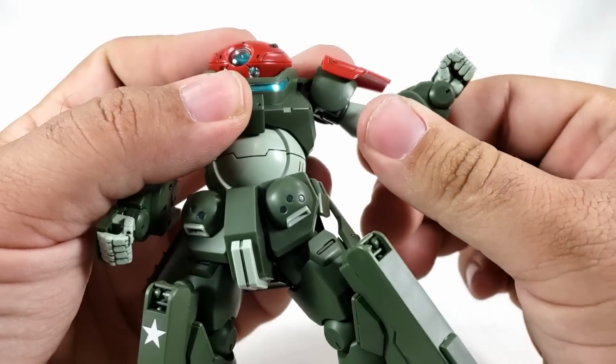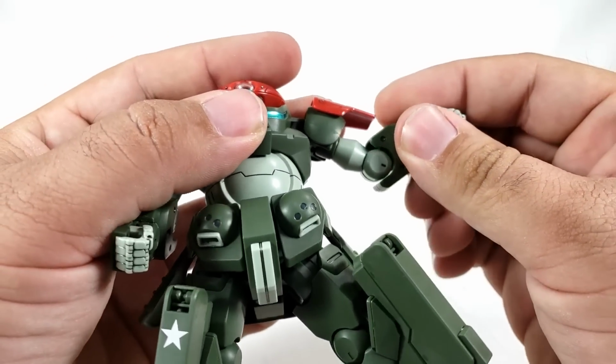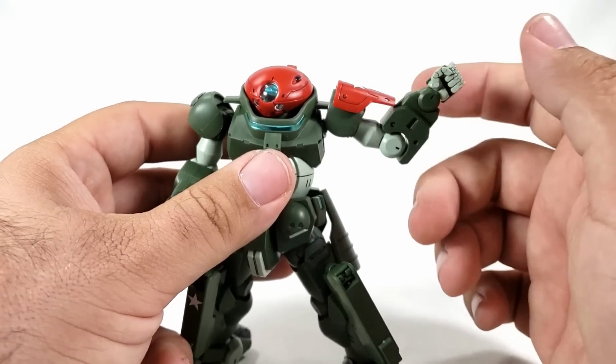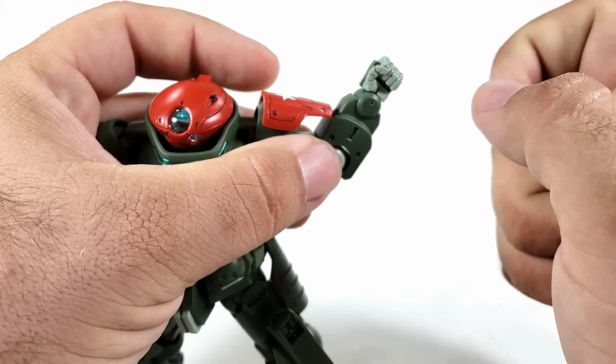You get bicep rotation, and it's actually technically a double jointed elbow, so the elbow itself does move, but then you get just a little bit of tilt out of it. So you're not going to get perfect, but you can get a good 90 degrees and not too much of a hindrance. The wrist, while it would be great if this whole thing was actually a solid wrist joint,